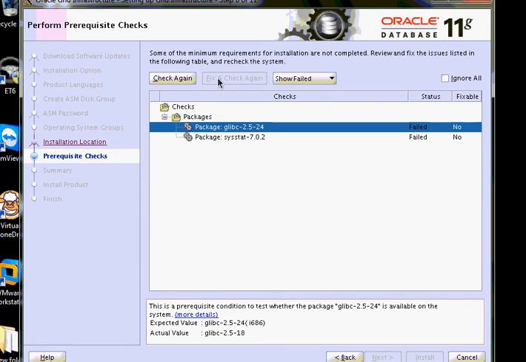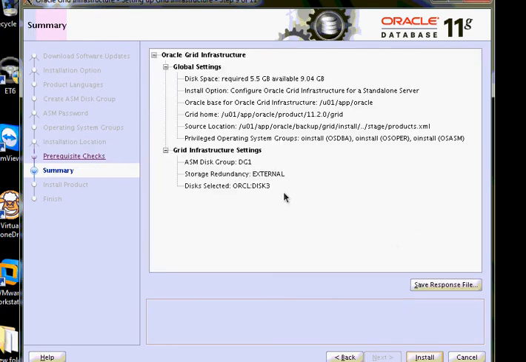I will try to set up the correct values and pass these values ahead. But for now, we'll just go ahead and ignore all. Okay. So then I click next, and it gives you a kind of a summary about what